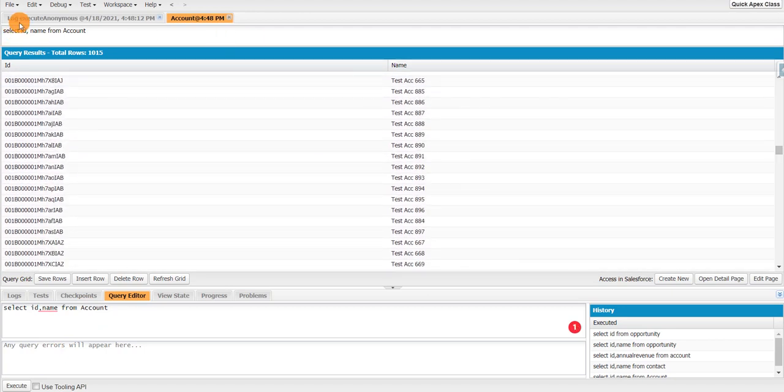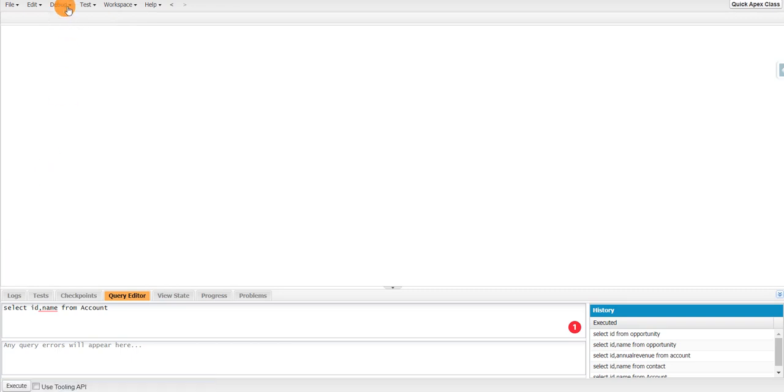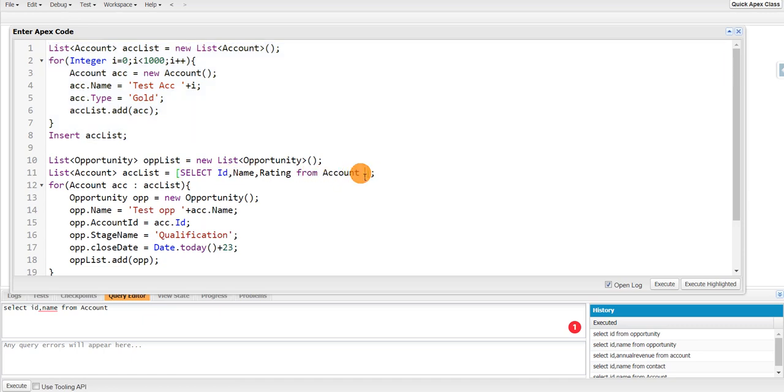Now I'll create opportunities under those accounts. I'm fetching all the accounts, and I'll add a statement here where created date is equal to today. For each account which was created today, I'm adding an opportunity and inserting it.